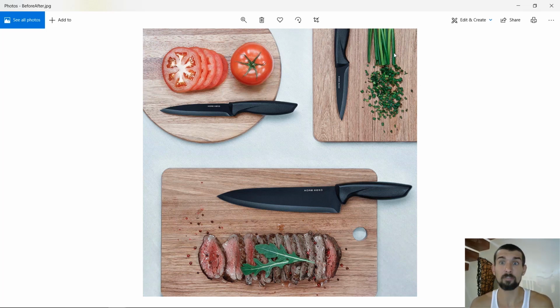So for this vegetable and for this steak, here's before, and then they cut it into after, with the tomato and with the steak as well. Really nice. That's a before and after. This shows the person what happens before and what's after. These are really powerful for the perceived value, just to show how our product works. It can be done for pretty much any product. If it's, let's say, a towel for cleaning something, you can show before dirty, after towel clean, and just take it to any product you have.